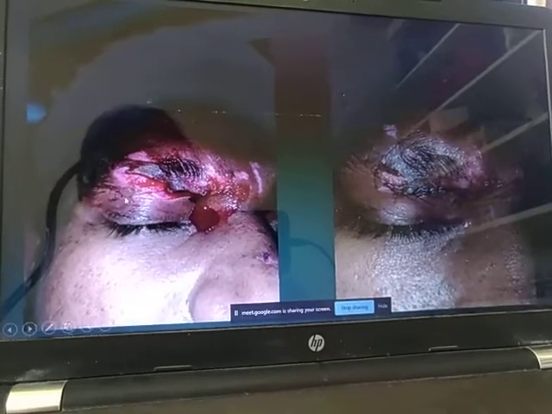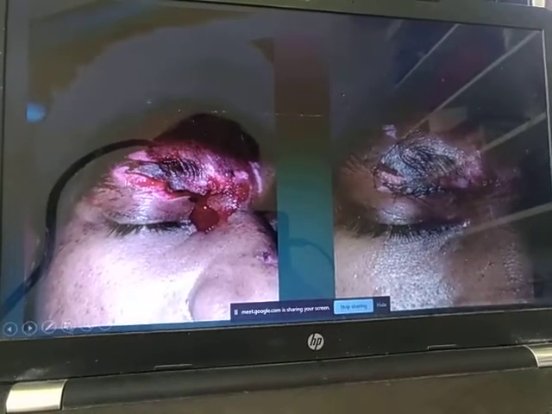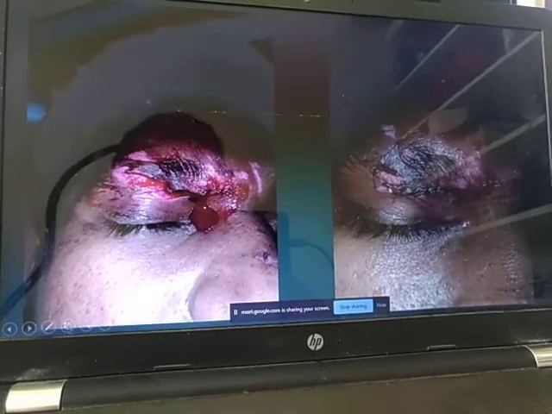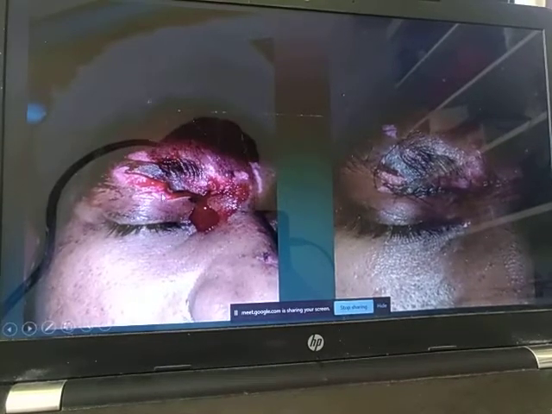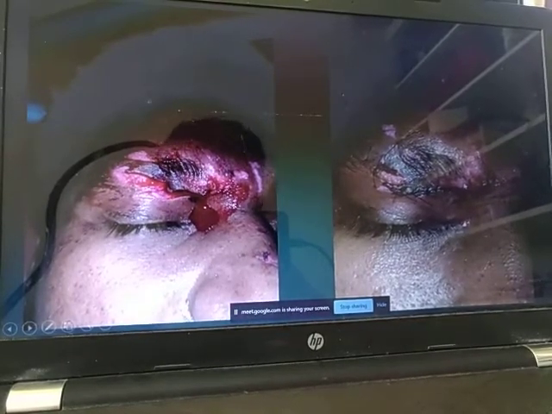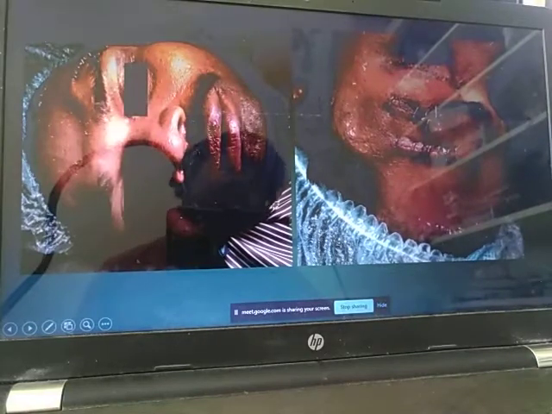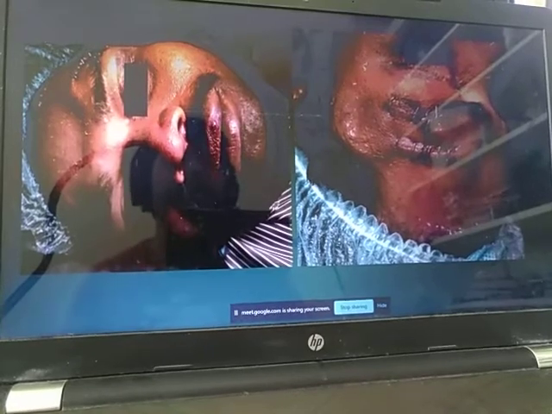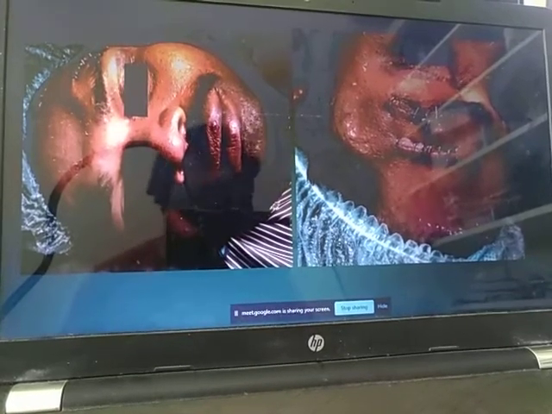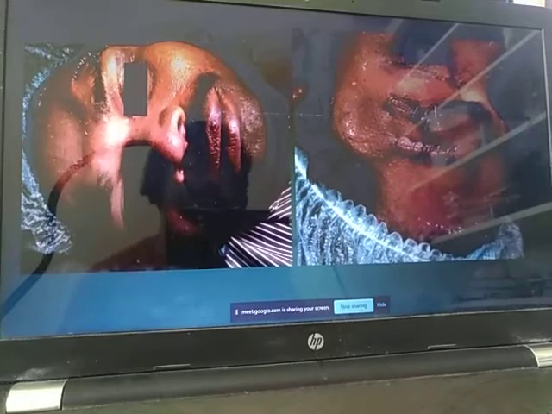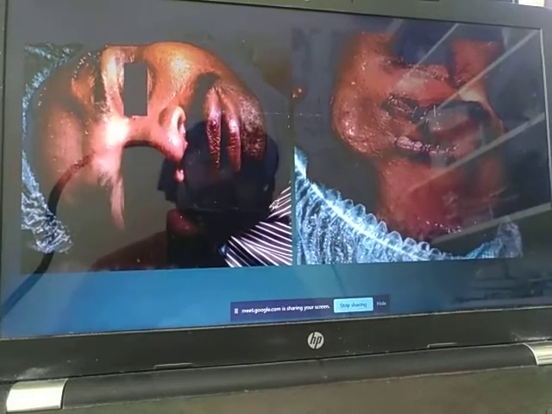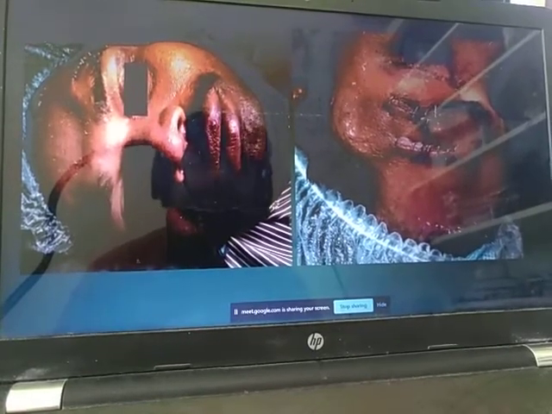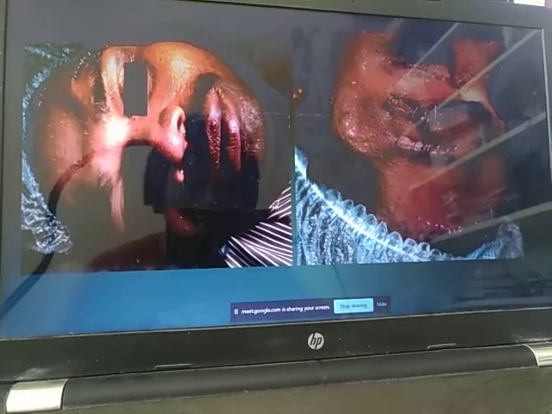This is a patient that I had received in the casualty. He had quite a big laceration in the upper eyelid, and there was profuse bleeding. I controlled the bleeding and then did a suturing. This is another patient who came while I was in the casualty. This patient was taken care of. The first aid was given by the general surgery department in another hospital, and they had advised the patient to come to a hospital where there is a maxillofacial surgeon available. So the patient had reported, I had received the patient, and this is the condition in which I had received the patient.